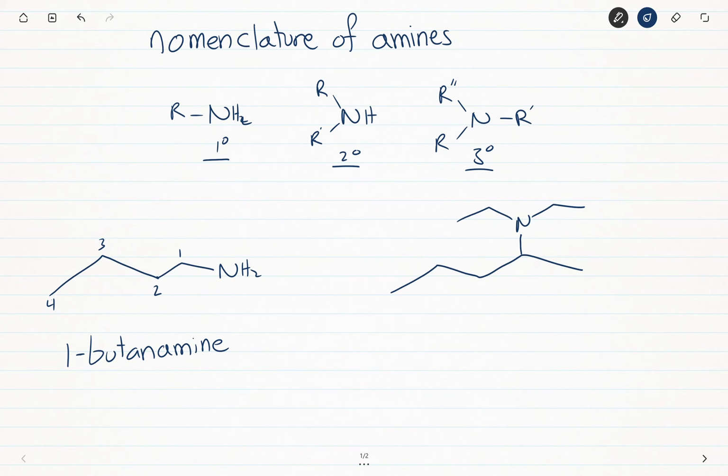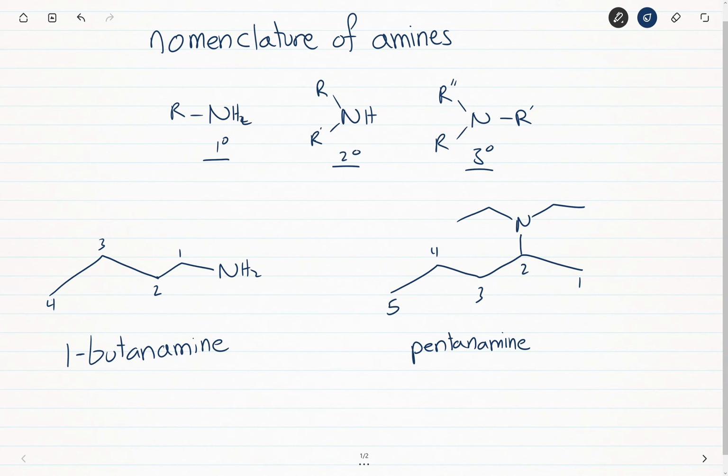The next one's a little more complicated and goes into what we were talking about above, how any amine is an amine as long as it has one hydrocarbon chain. In this case, we have 3 hydrocarbon chains attached to the nitrogen, and so we're going to have to name this a unique way that we have not done before. The parent chain is 1, 2, 3, 4, 5 carbons long in this situation. So we have a pentane, and it's an amine, so pentanamine